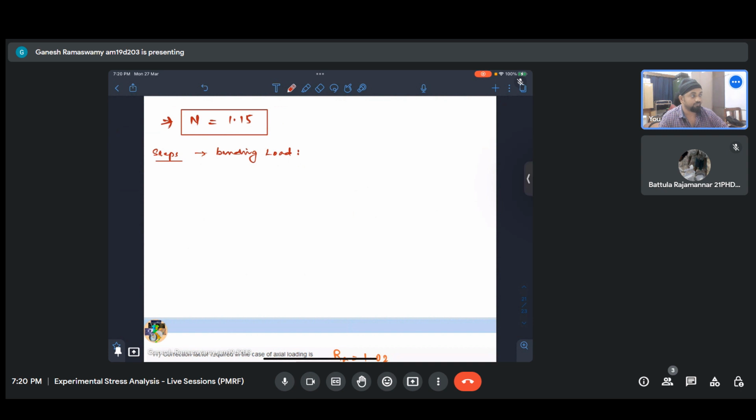So we know the shift of the neutral axis, or rather the distance I should say, accounting for the shift, the distance of the neutral axis is given by this